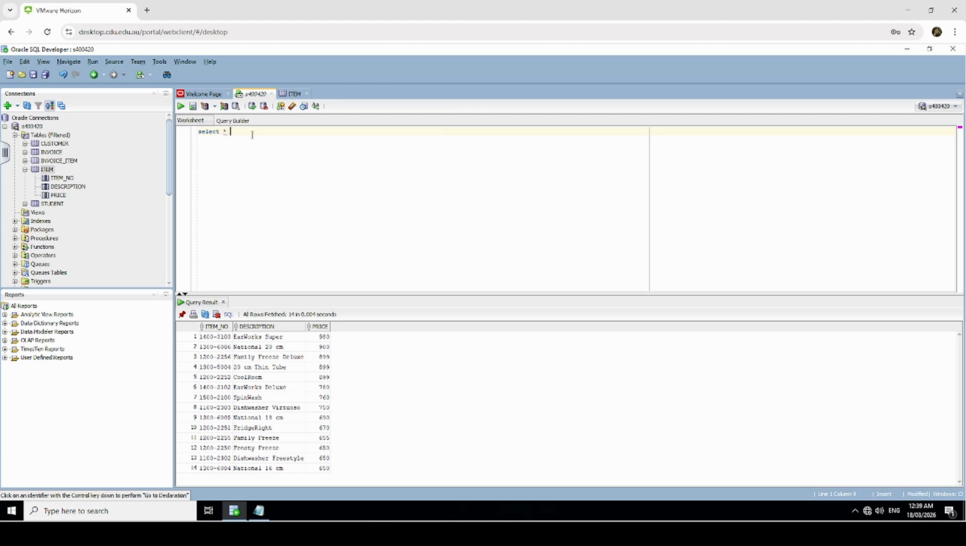So what we can do is go to the code and select all the columns from item where description equals to what? Screen. Now we need to put this inside of quotes because this is a string, right? And now let's run,